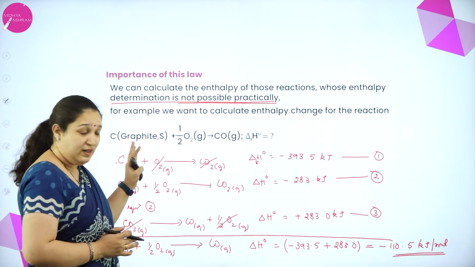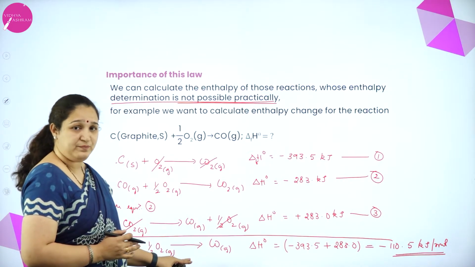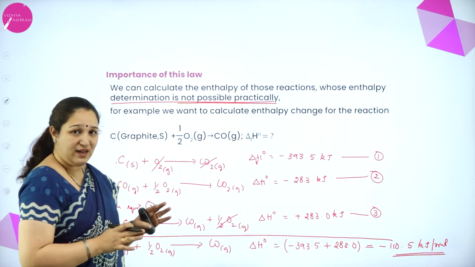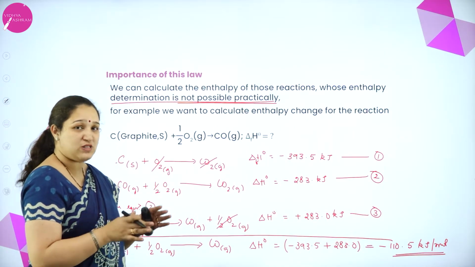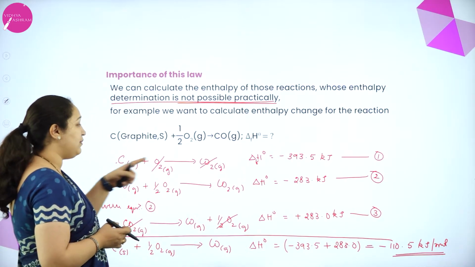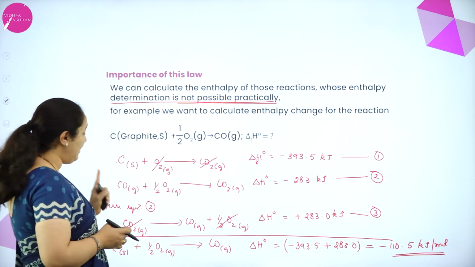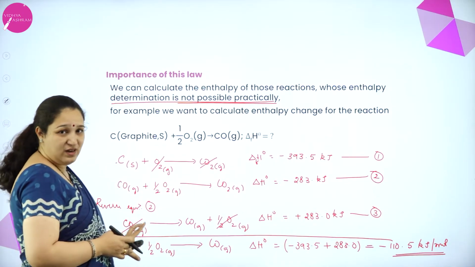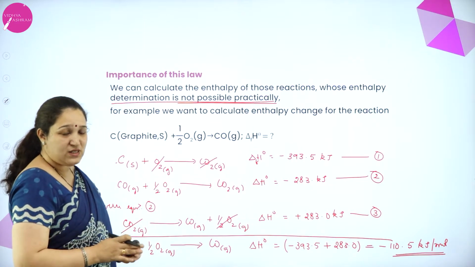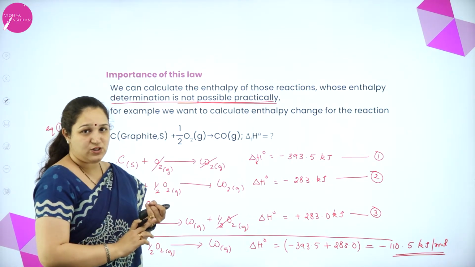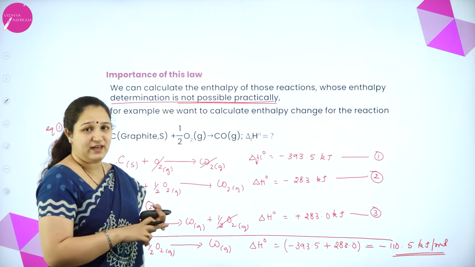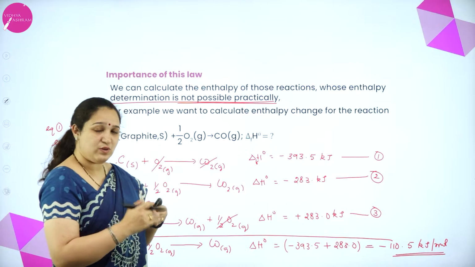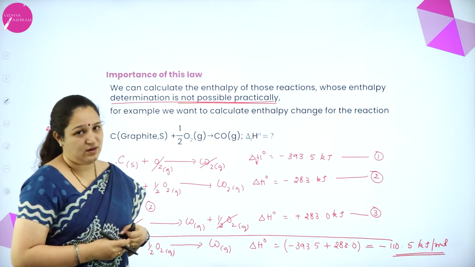So this reaction was not feasible at all. But then I could calculate the enthalpy of this reaction, standard enthalpy, by using the standard enthalpies of the reaction which was possible and which we knew, that is the formation of carbon dioxide from graphite and formation of carbon dioxide from carbon monoxide and oxygen. So I hope you have understood this. What you need to know is, you need to know what is the required equation, and you should have the data of standard enthalpies of few reactions, so that you will come to the required reaction.